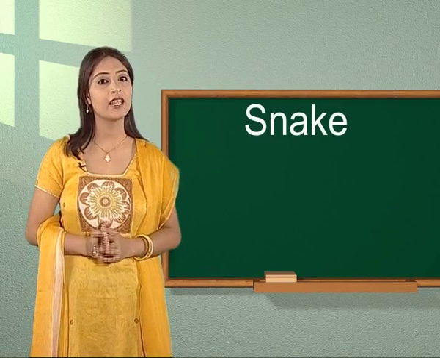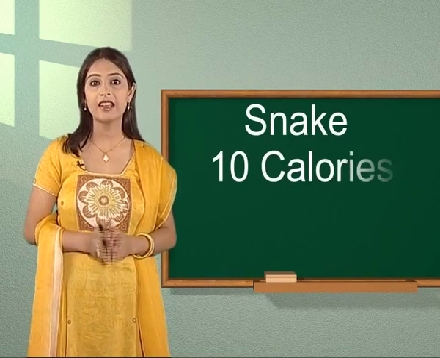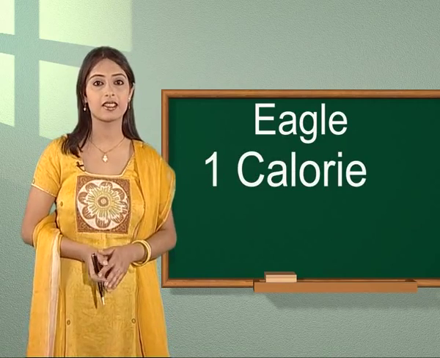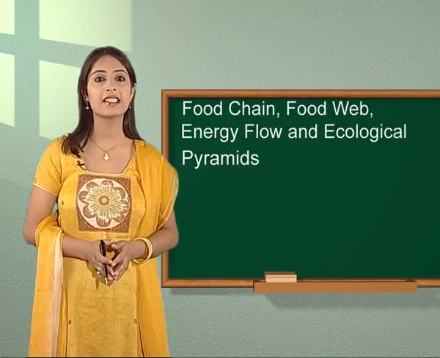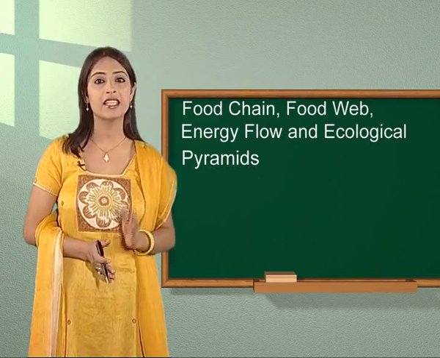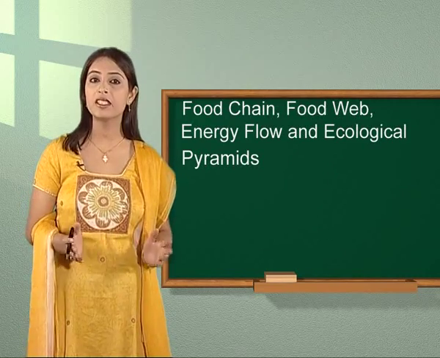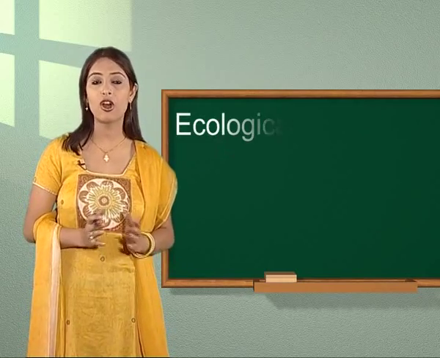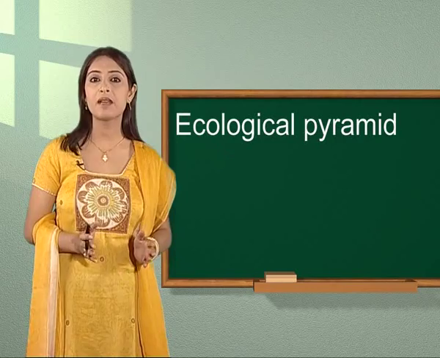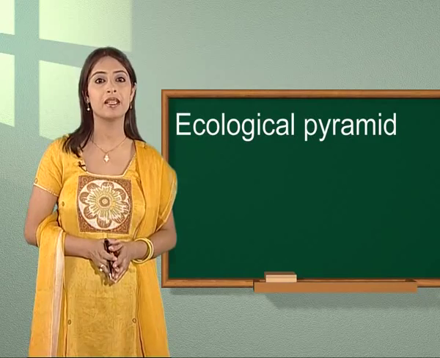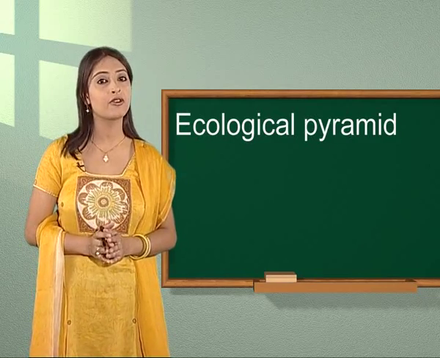The snake gets 10%, meaning 10 calories, from the frog. The eagle gets 10%, meaning 1 calorie, from the snake. When the eagle dies and is decomposed, the mushroom gets only 1/10 calorie of energy from the decomposed matter. This entire pyramid is known as the ecological pyramid. But sometimes saprophytes are not given any place in ecological pyramids, even though they play a vital role in the